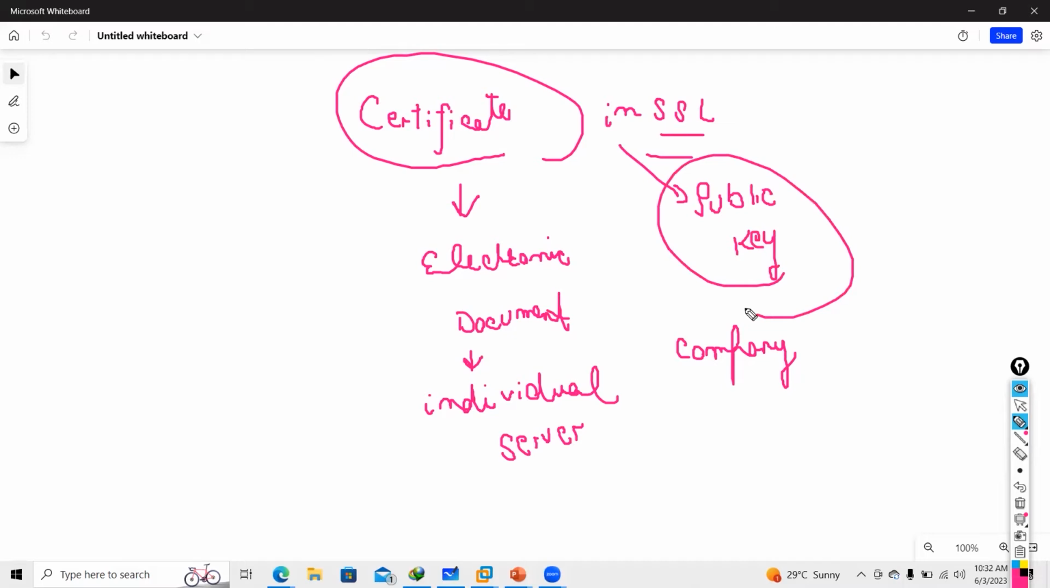So it is just like a driver license, passport, or a student ID. A certificate helps to identify that you are the website owner, your person identity, who the person is. Now, guys,